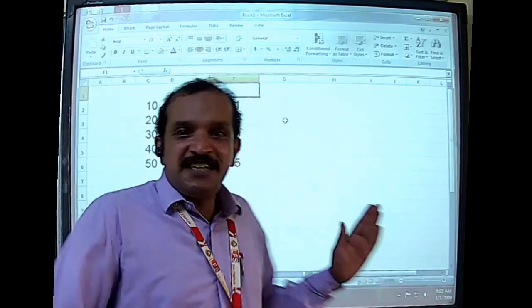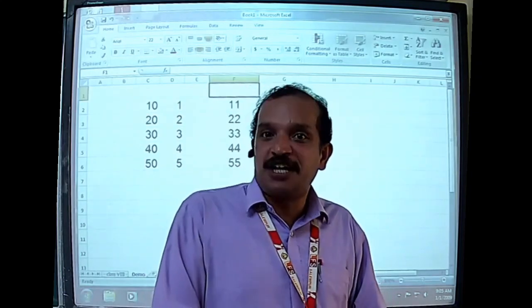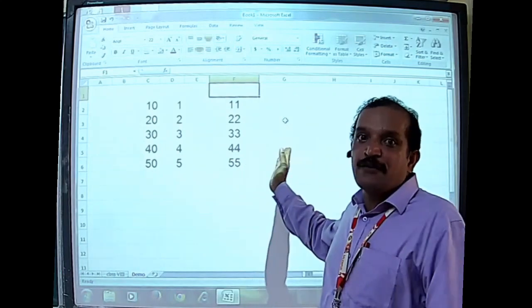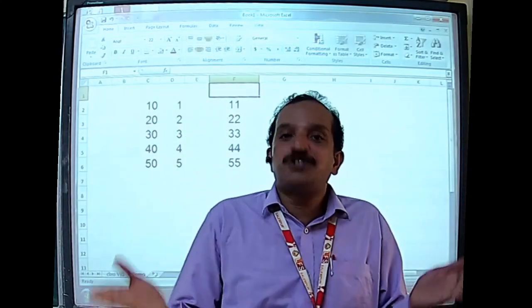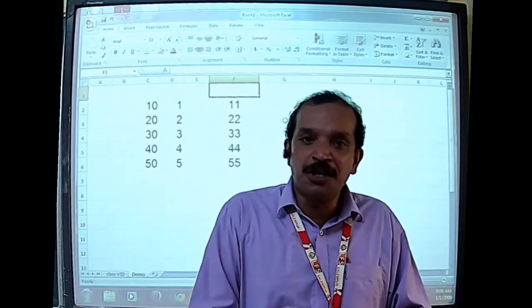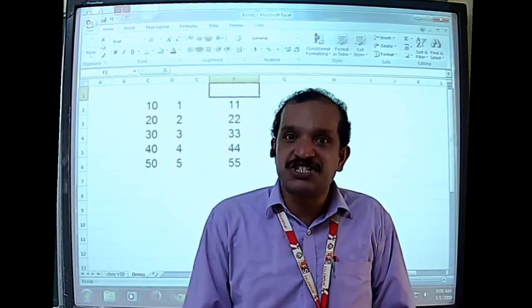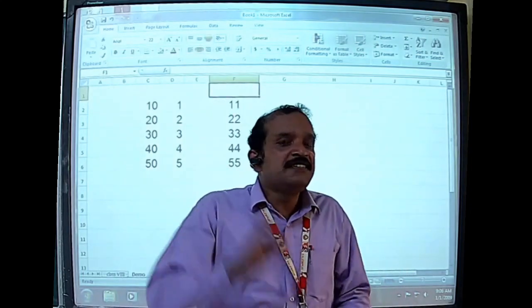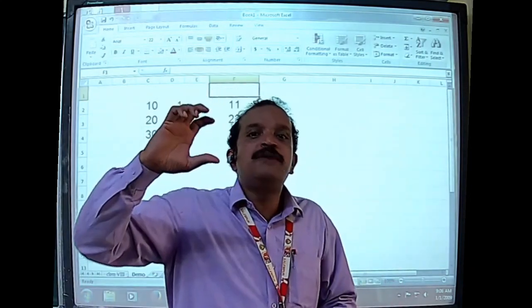Now, let us see what you understand by the absolute cell reference. In a relative cell reference, as you have seen, both cell addresses in a formula used to change. Whereas an absolute cell reference is used where we want certain values to be fixed.